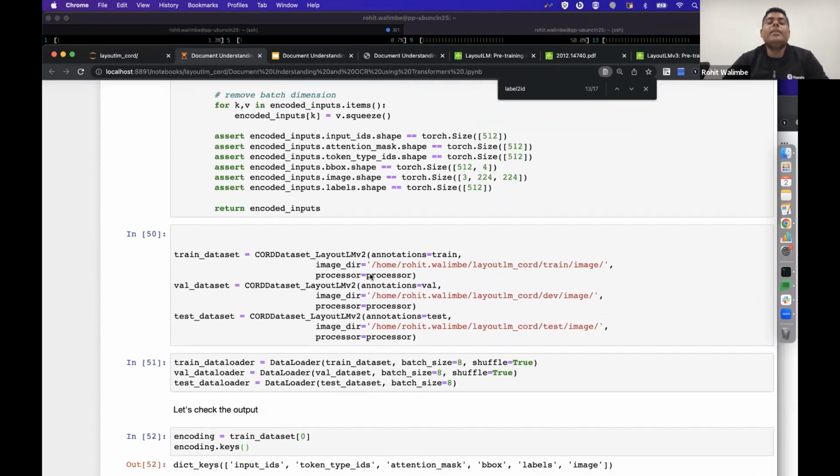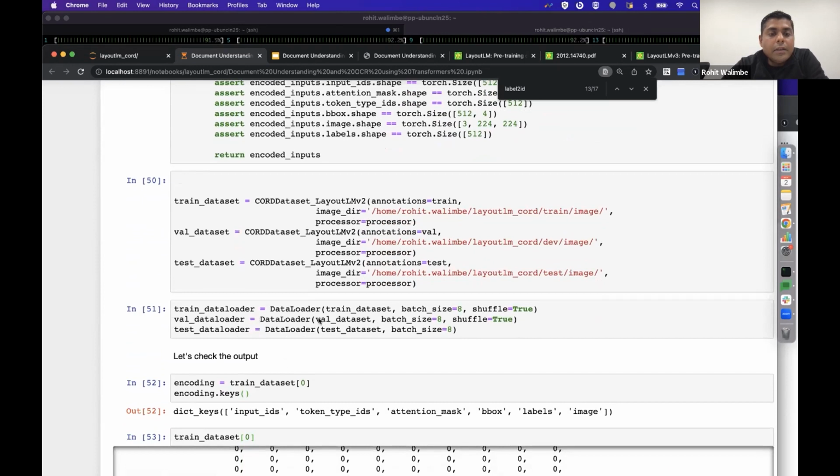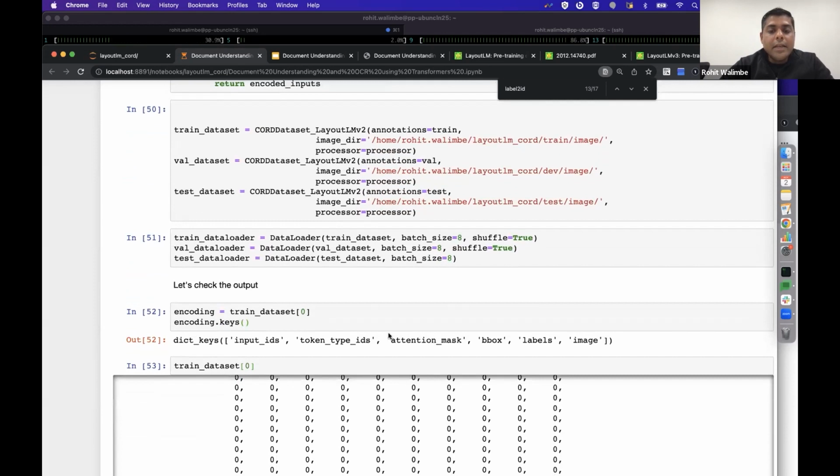And exactly the same way what we did for LayoutLM, we will get the train dataset. We will also get the data loader for batches. Now, just for the example's sake, I have taken the batch size as 8, and feel free to refer to the paper for the configurations they have used to fine-tune it to the CORD data. Now, in this case, again, the difference is